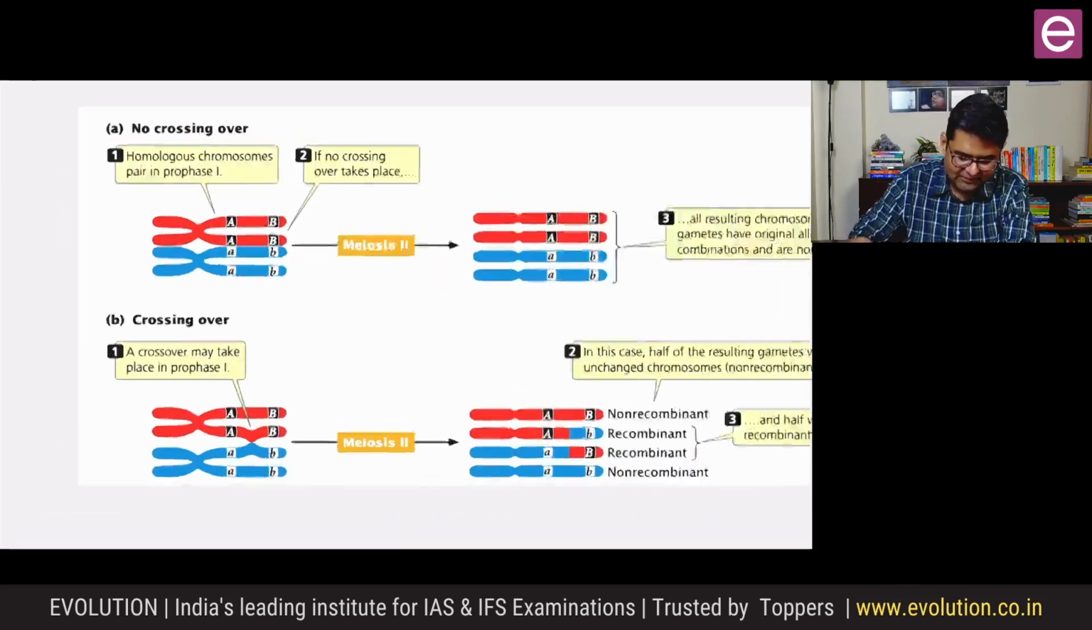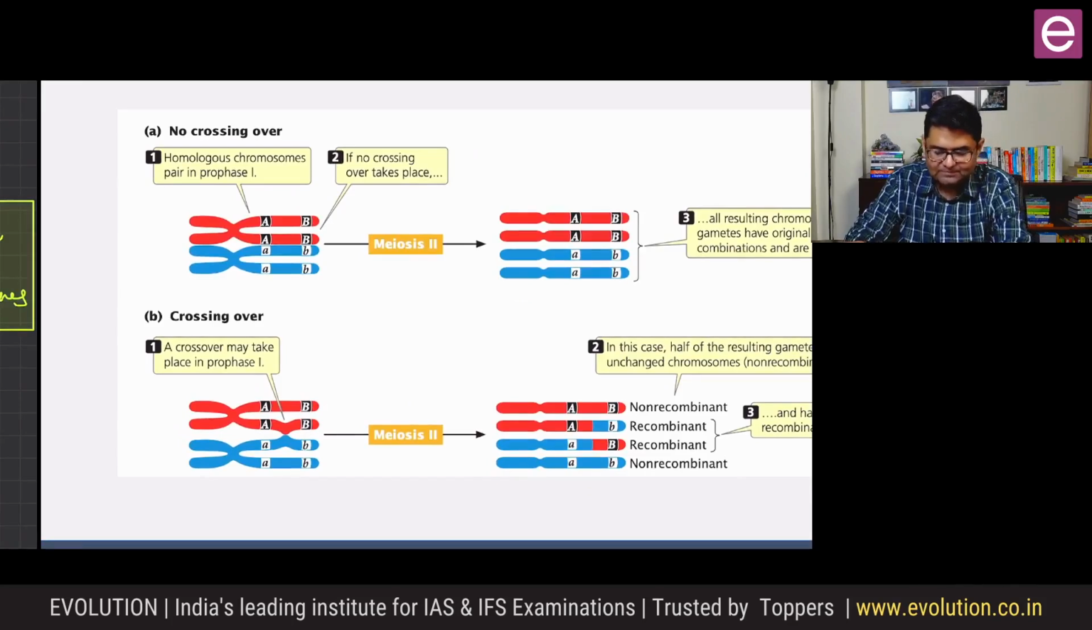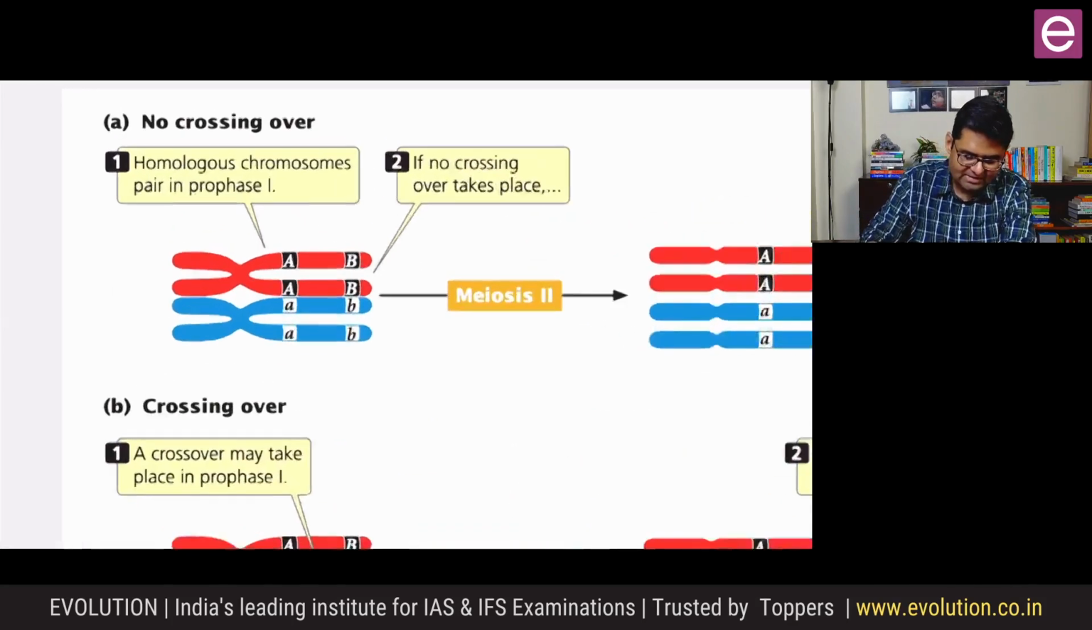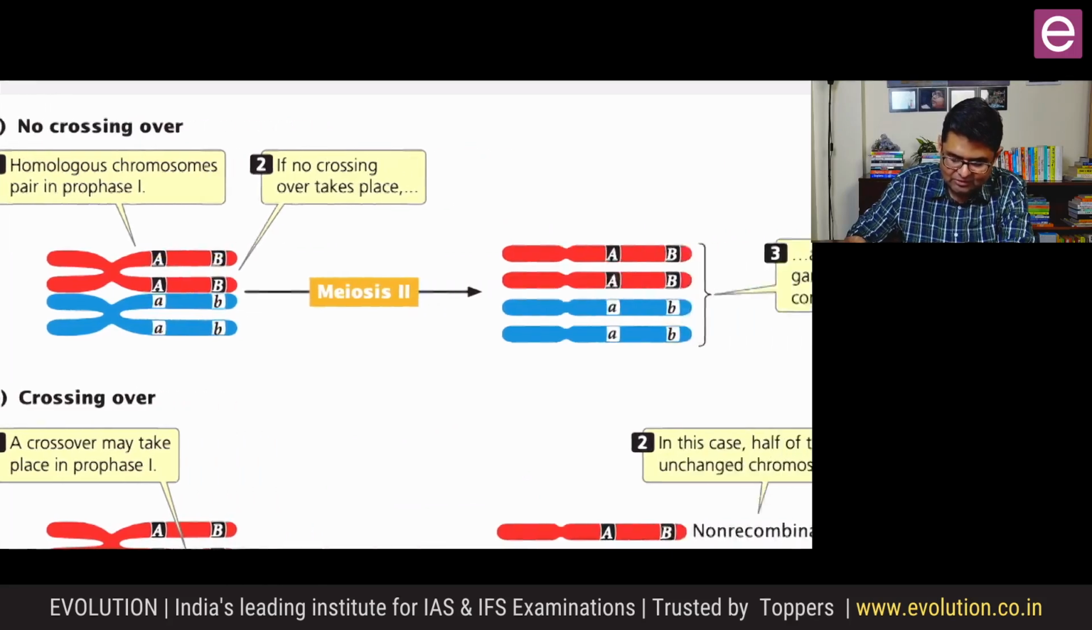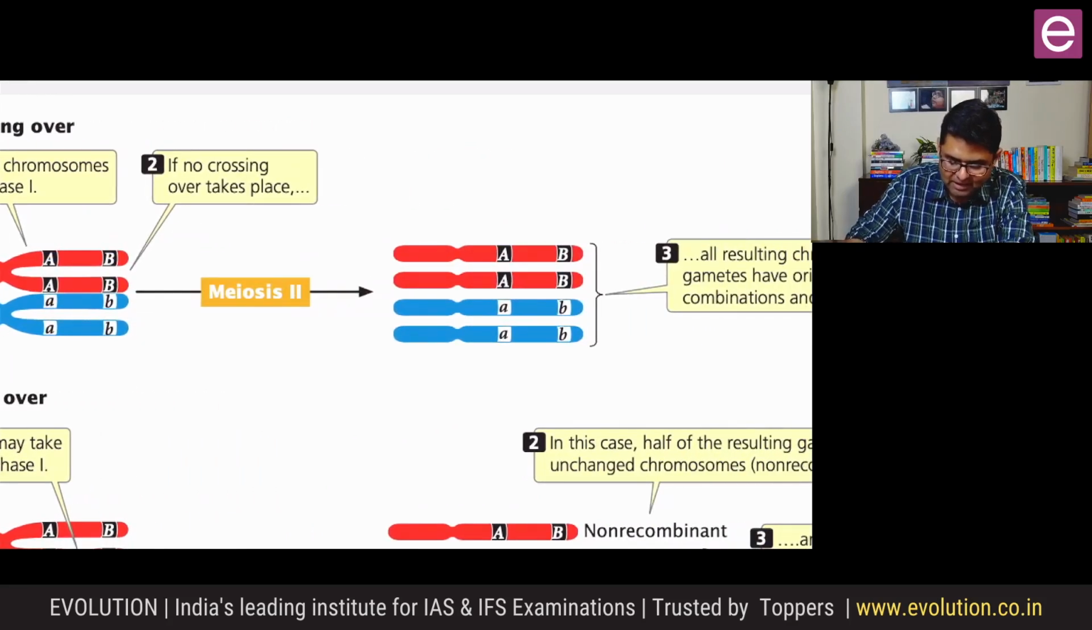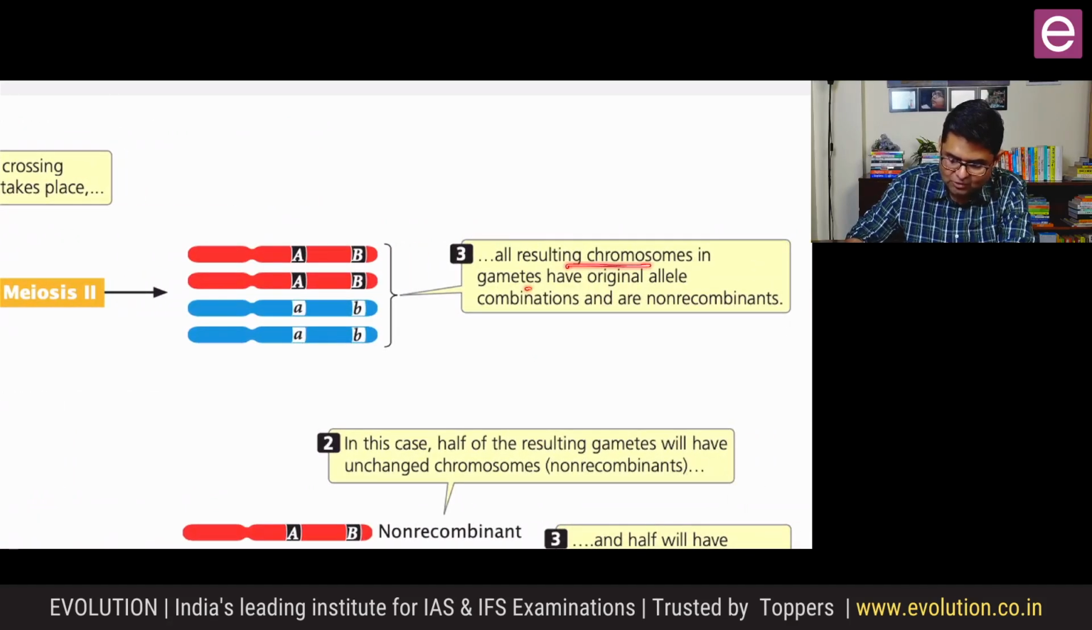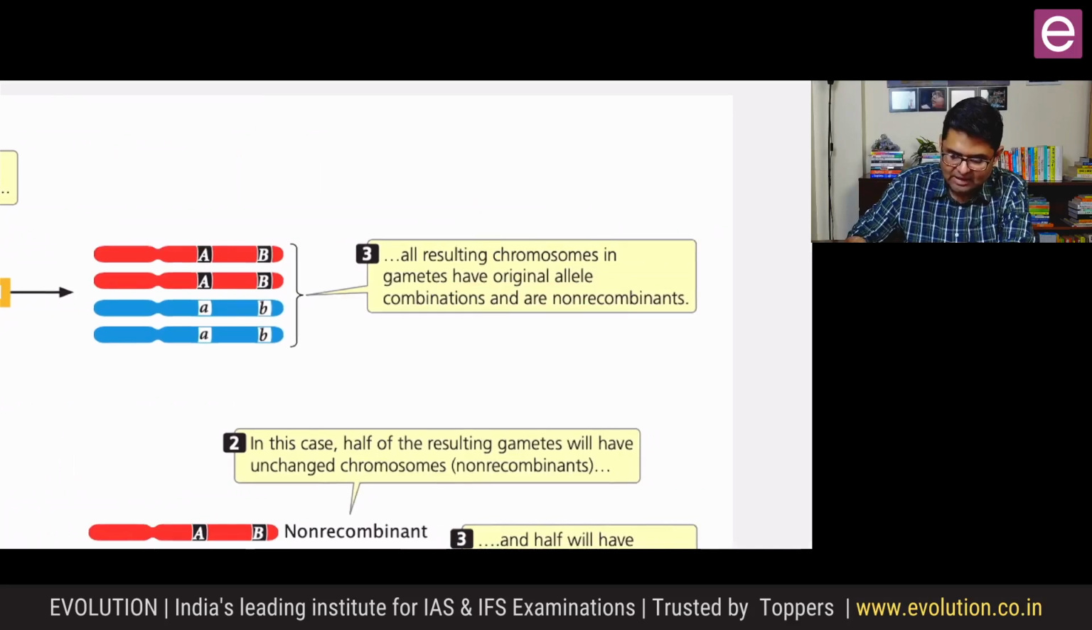So if there is no crossing over, let's say a homologous chromosome pair is there, dominant A, dominant B together, recessive A, recessive B together. After meiosis 2, they have all separated in parental type, and all resulting chromosomes in the gametes have the original allelic combination, just like the parent,